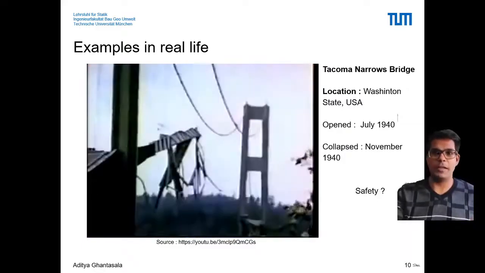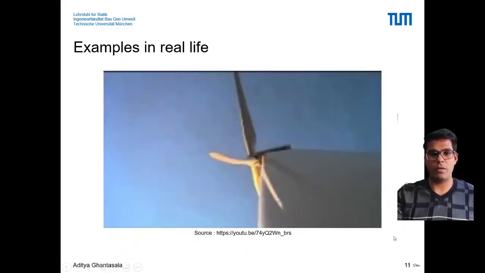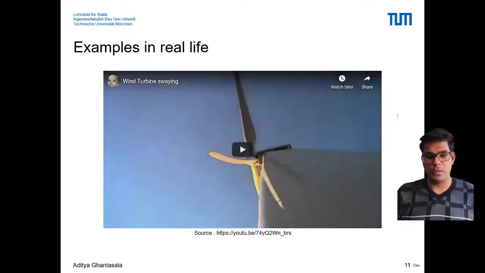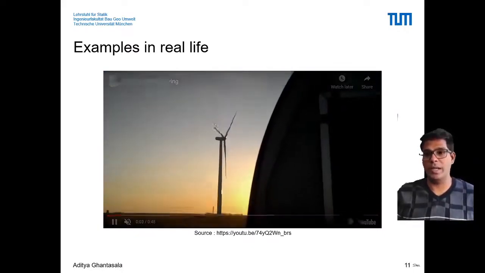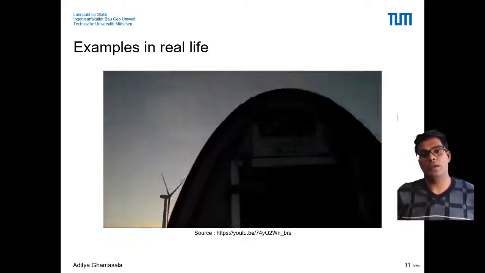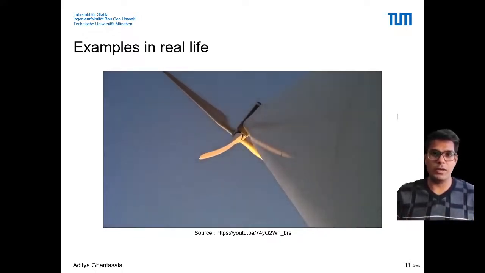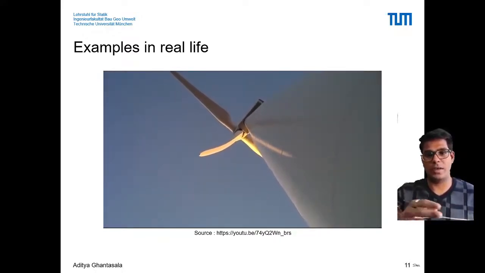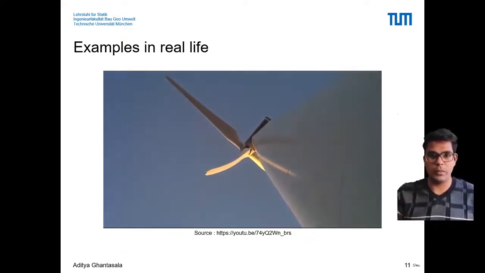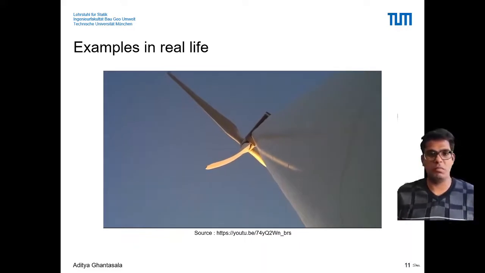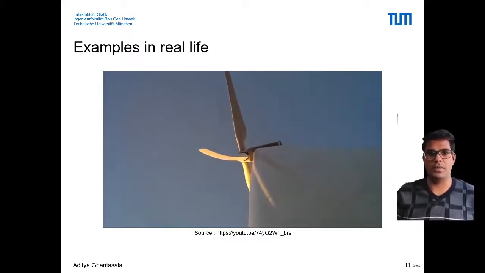And the next example that I have is that of a wind turbine. A wind turbine, as we know, is something which can capture and generate energy or electricity because of the wind which is flowing around it. As we can see, because it's in the wind, it can also move. The tower moves here in the wind. Okay, now here the movement is not so much. It's not substantial, and the tower can withstand such wind.